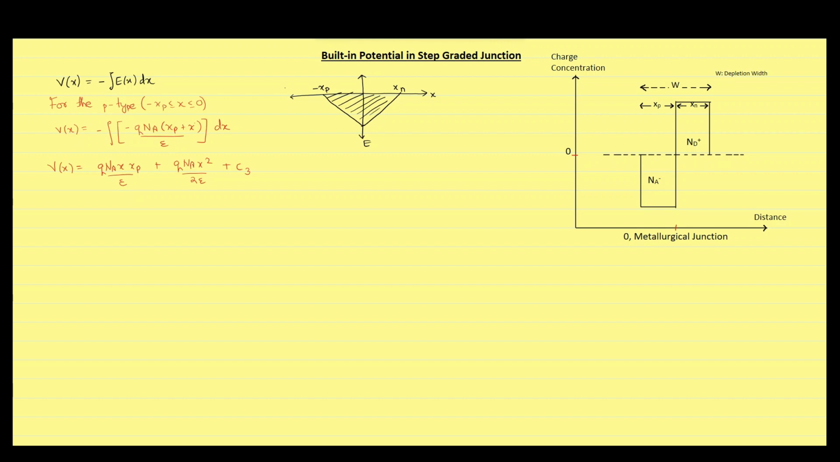The Vx here represents the absolute potential, but for finding the potential difference, we can arbitrarily set electric potential at boundary of the p-type region to be 0. We will find the value of constant of integration C3 to be equal to. The electric potential in the p-type region will come out